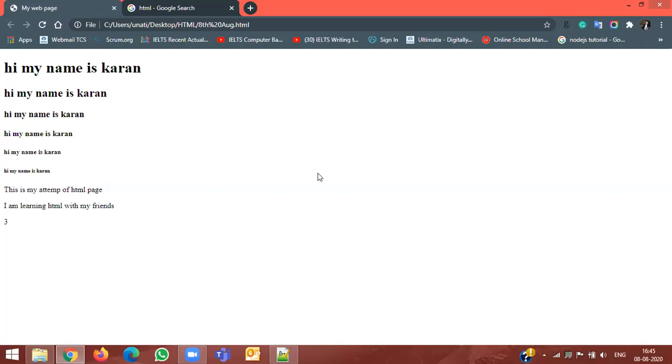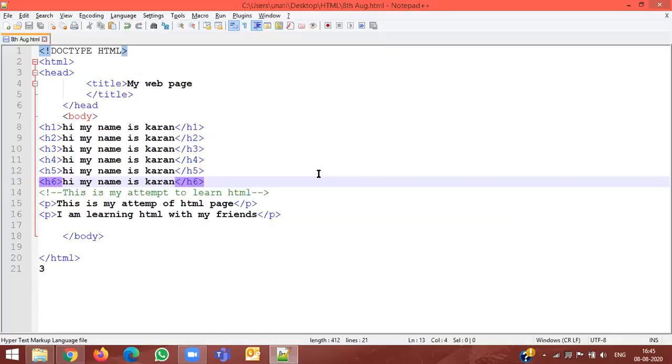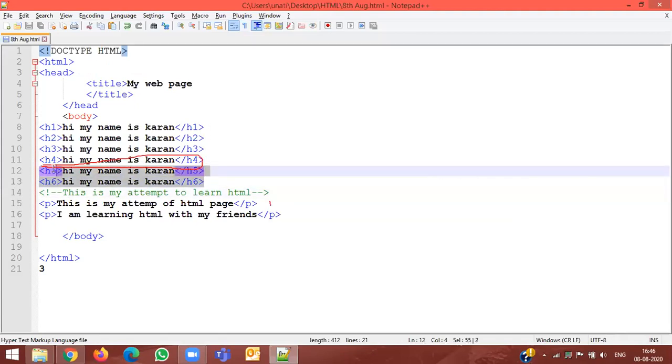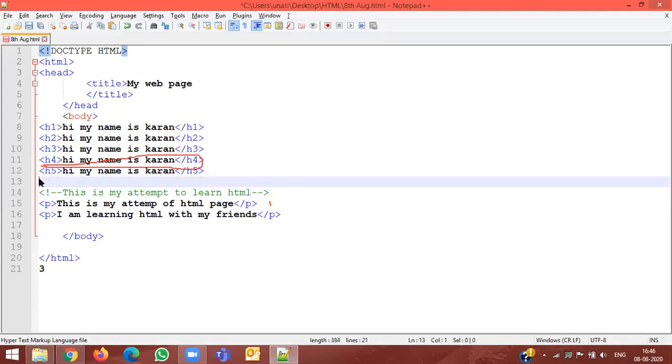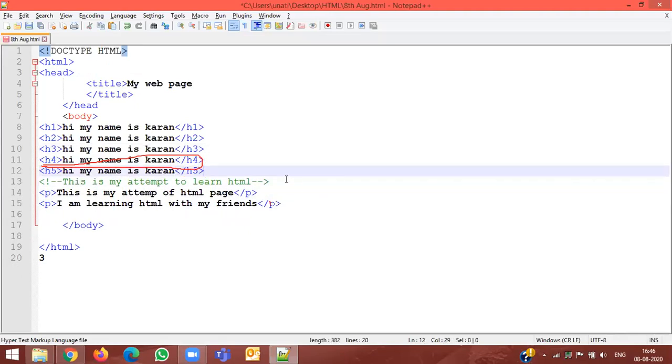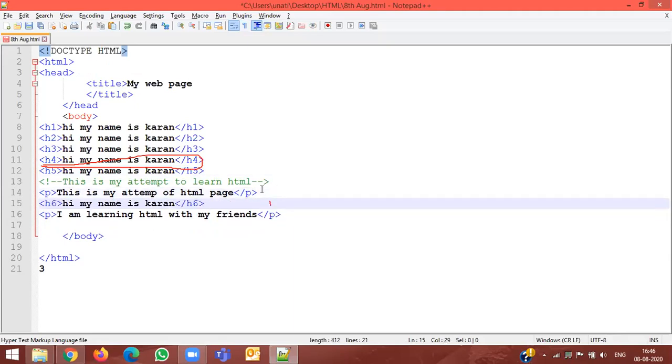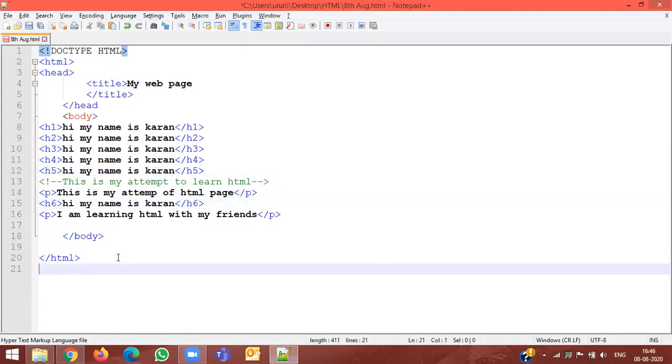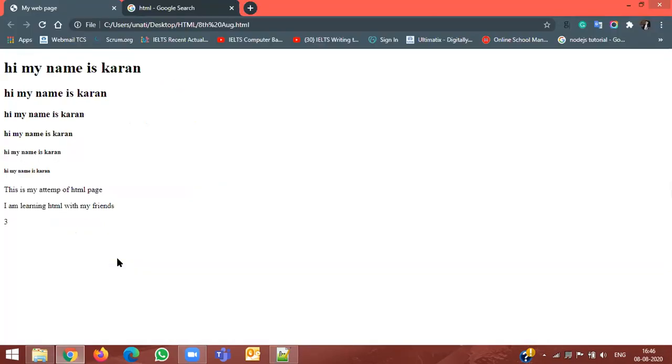All right, let's go back to the code again. Let's do one thing, Karan. One of these H1s, you can delete it from here and paste it between these two paragraphs. Sir, the one that says H4? Anyone you can do that. Where should we paste it? Anywhere, like between the two paragraphs. Okay, one second, sir.